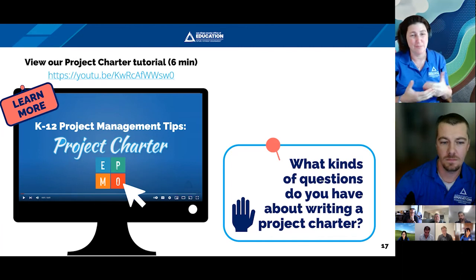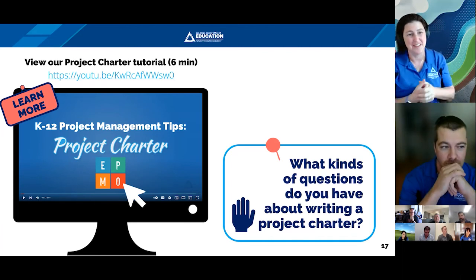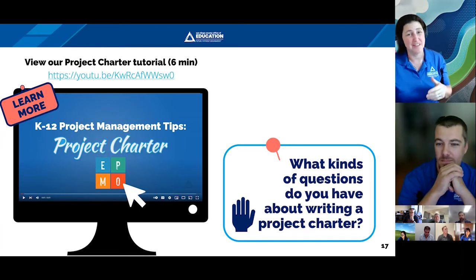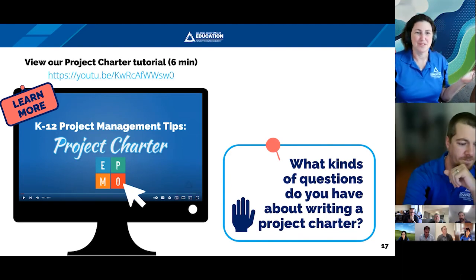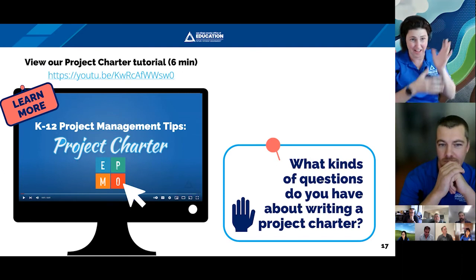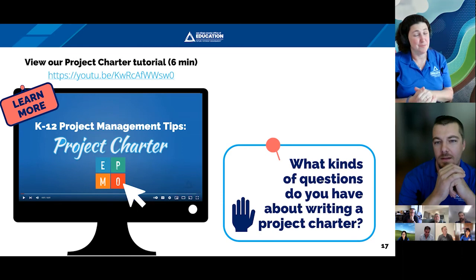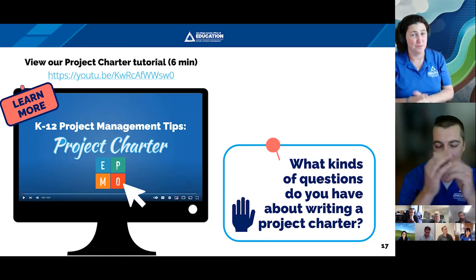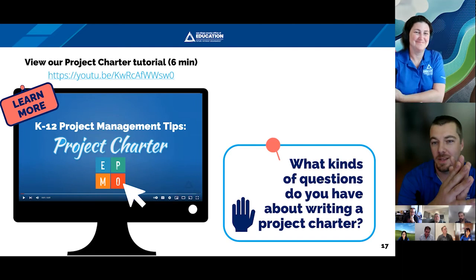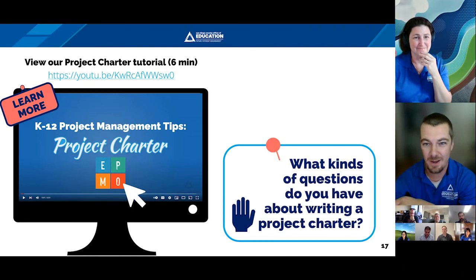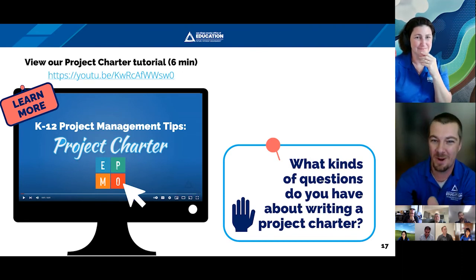But really the charter should happen when somebody says, hey, I think we should be doing this. The charter should be done before any of the work gets started, because otherwise you start down the path of doing the work, and without the plan, you're like, wait, how do we know when we're done with this thing? Anybody ever had projects that just kept going forever and never ended? Charters help you define that beginning and end point of your project. Thank you for pointing that out. That's such a big thing. Those projects that never end just mush into being an operational thing you now have to deal with. A project charter will help you figure out where the end is, which is a great thing to know when you're going to stop doing this work.